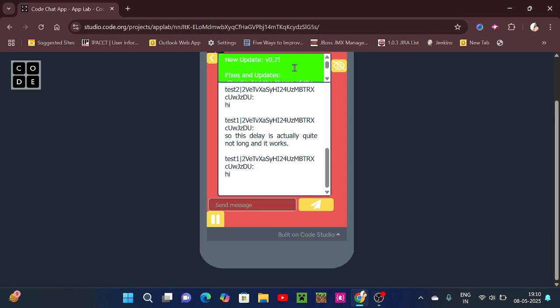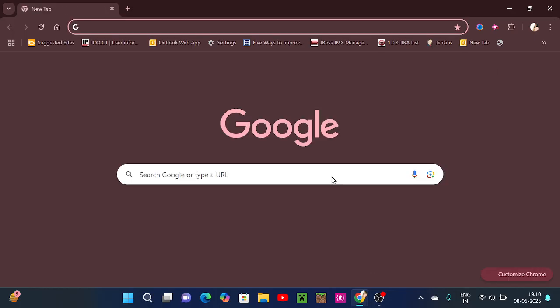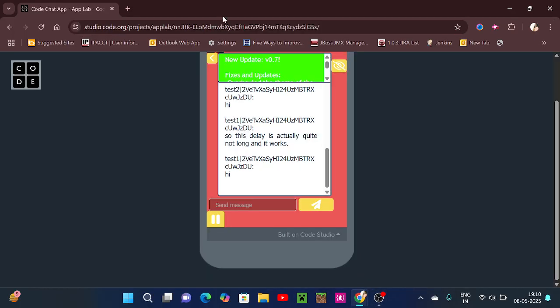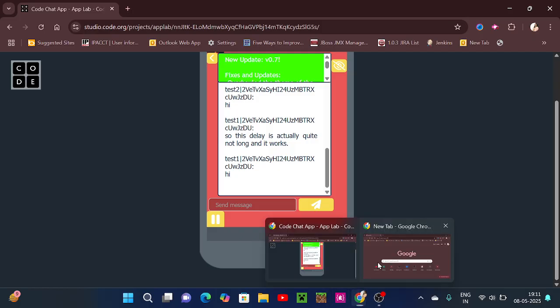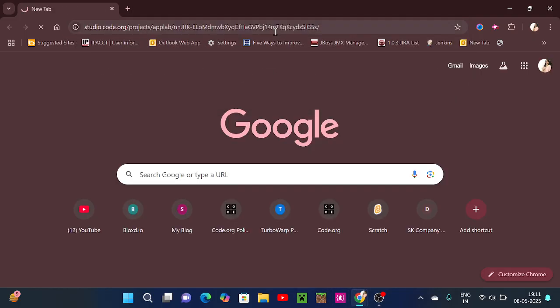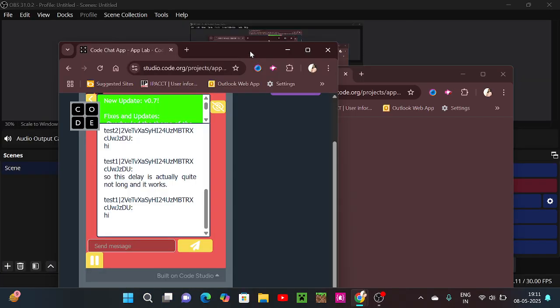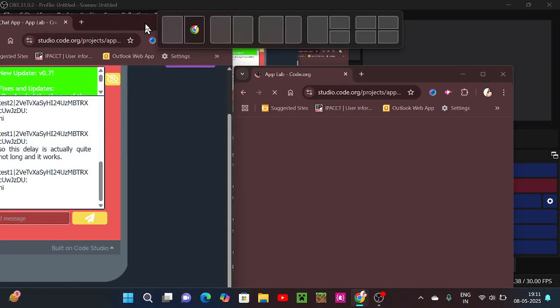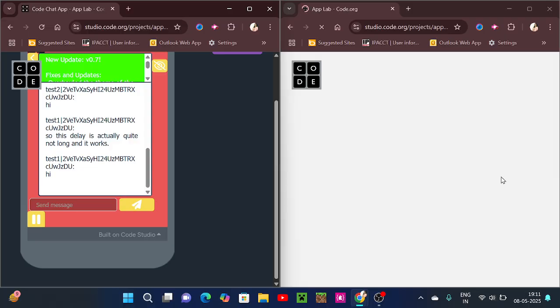now I'm going to show you the working, but for that I need a new window. So I'm going to copy the link. And now it's loading.